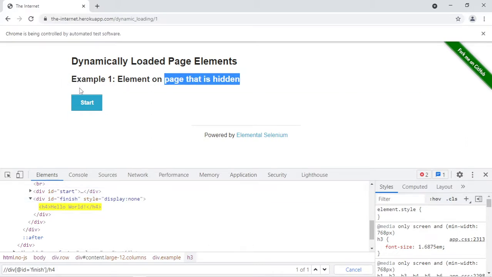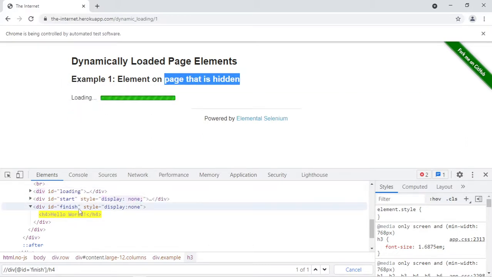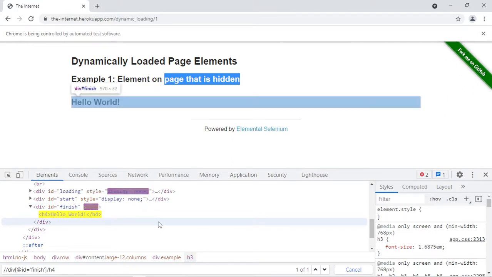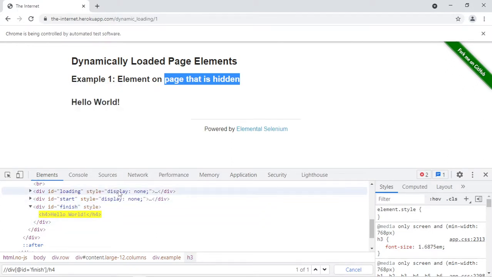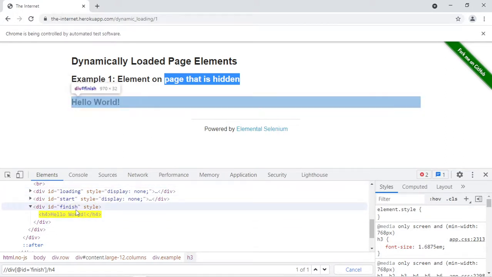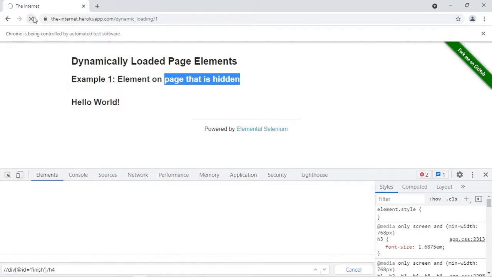So let me first click this and let us see what will happen. This should change somewhere. You can see now this display none has changed from here to here, right? Which means now it is visible and ready to get the text. But what was happening is that when we are using implicit wait,